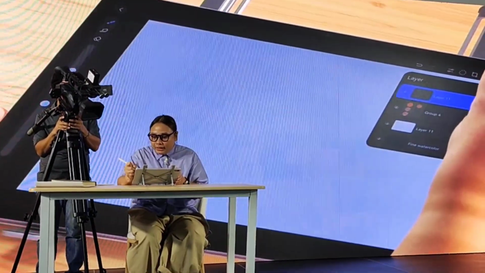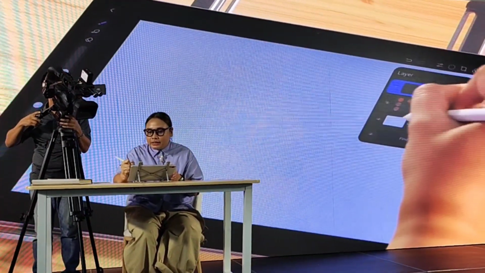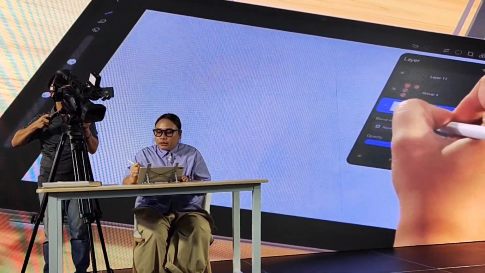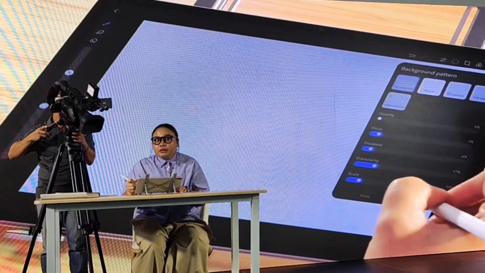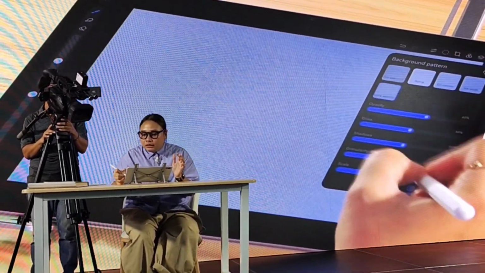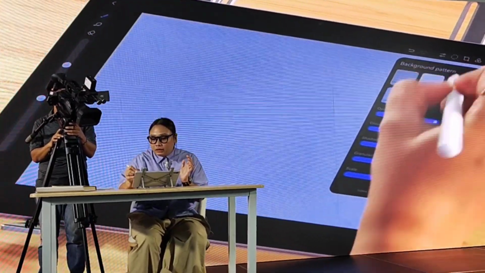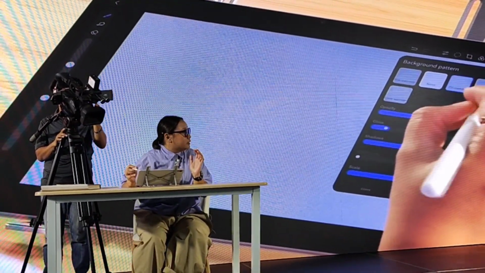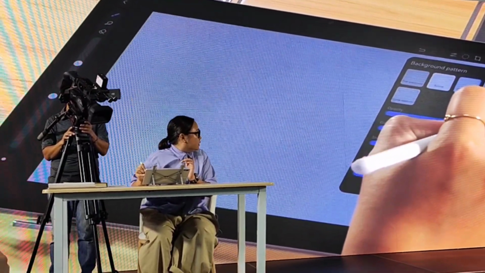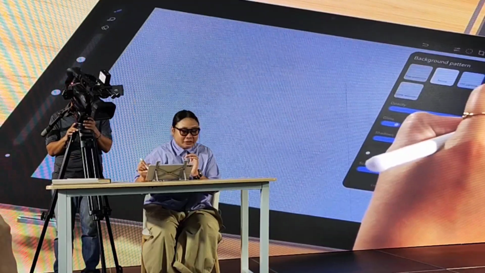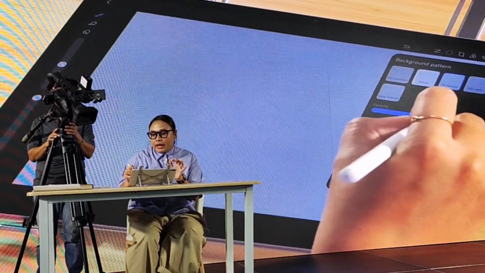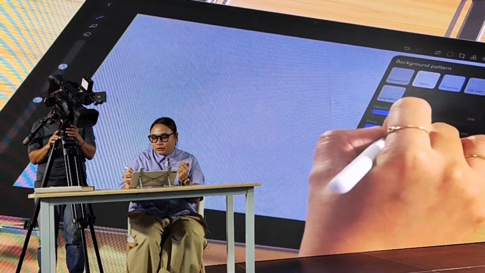So I usually start with the canvas. Since the GoPaint app has this pattern, which almost looks like traditional canvas. I'm not sure if you can see, but I'm going to try another pattern. Can you see? Oh, it's not visible, not that much. Yeah, there are different options. Well, not that pretty. There you go. Yeah, so it looks super real. It looks like a canvas. I paint as well, so I know how it looks like.